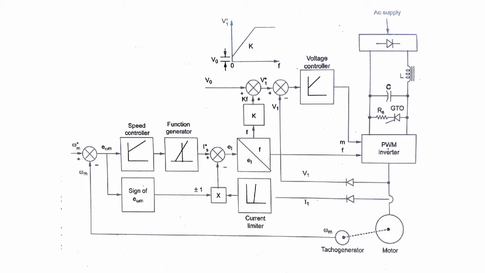Next we are going to discuss an important point, that is how to change the voltage with respect to frequency. As we already discussed, if frequency increases or decreases, the voltage has to be increased or decreased as well. So if we draw a graph between frequency and voltage, it will be almost linear. There are two important points that we have to note in this graph.